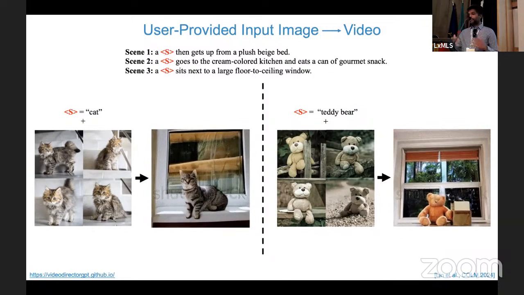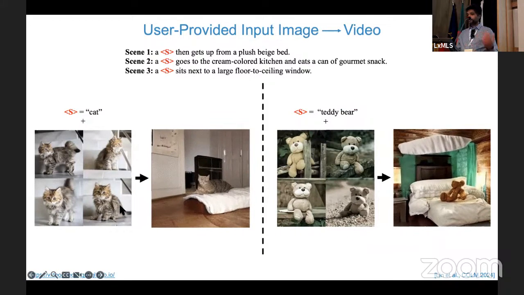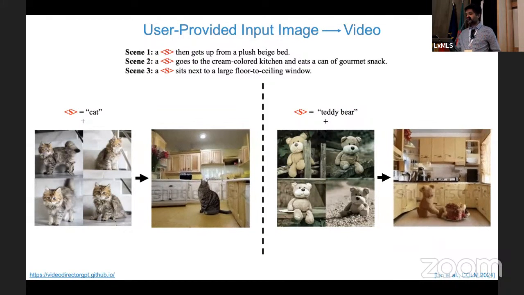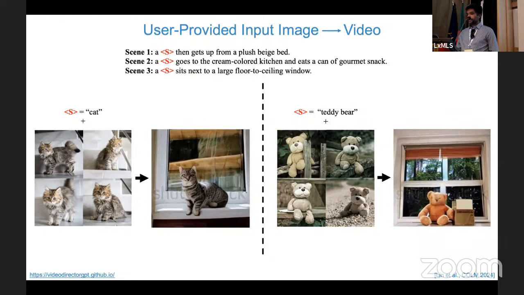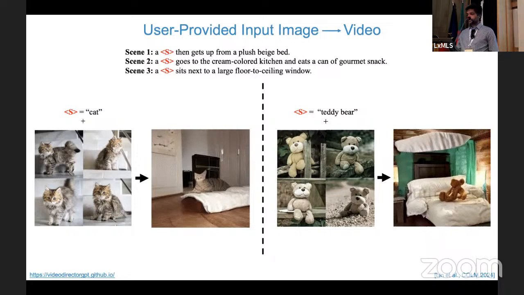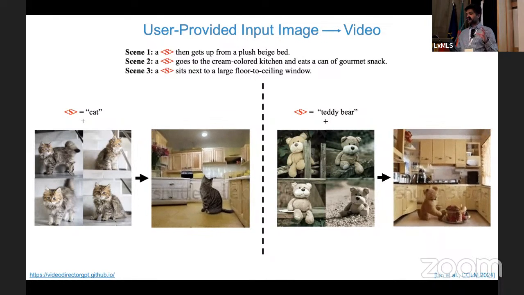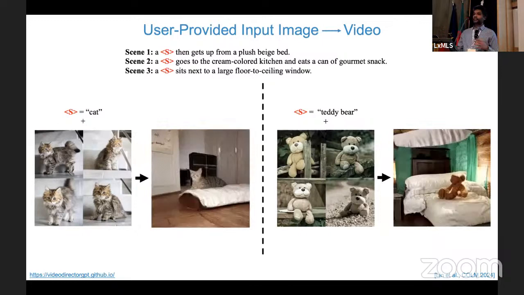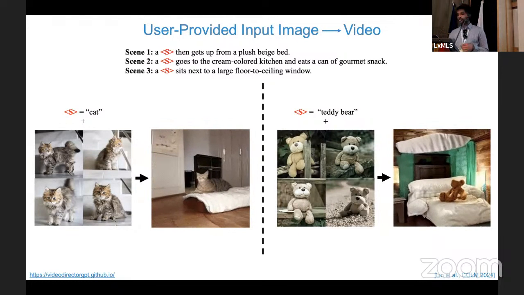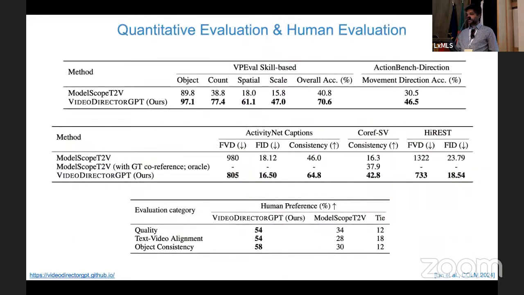So you can have different kinds of user-defined inputs, and you can generate the same story, but with your favorite pet cat photo or a teddy bear photo and so on. There are also people photos here, but for ethical purposes, we are mostly sticking to animals and stuffed toys. And the good thing is, like I said, people have also taken this work and scaled it to many, many more GPUs, and you can also make the visual quality higher. But our goal, like I said, is to actually have the compositionality, the layout and the consistency fixed.